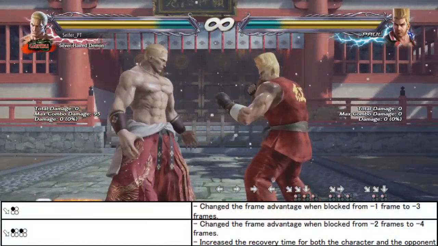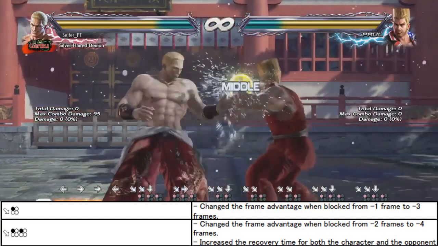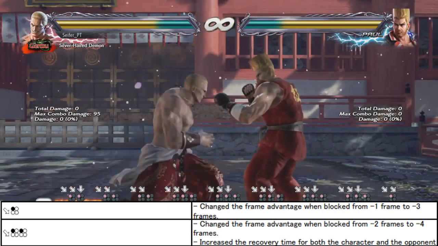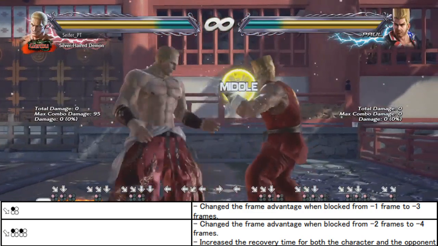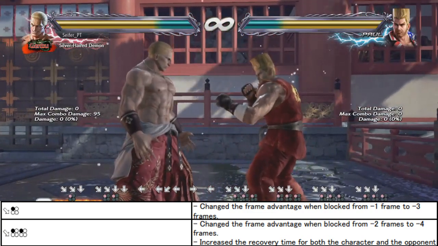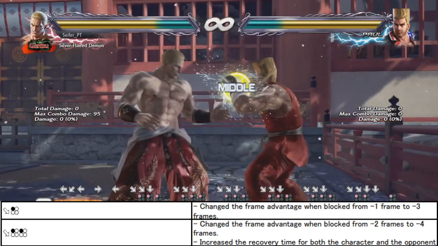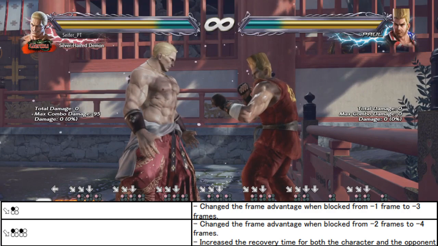Next is his down forward 1. It went from -1 on block to -3. Again, this is to prevent him from having momentum on block. I mean, Geese is a down forward 1 oriented character, so this is one of his most important tools. This nerf here now doesn't really let him do this into jab, and also because of the next nerf,